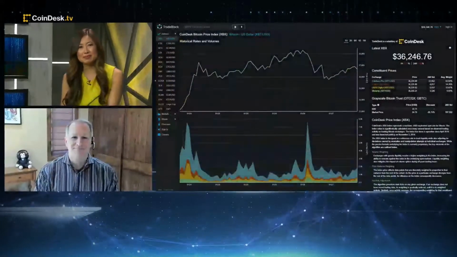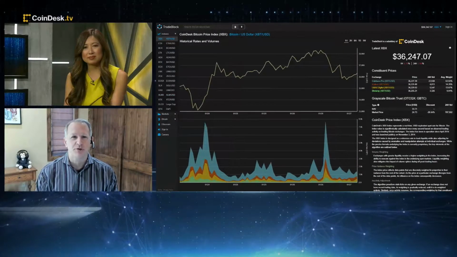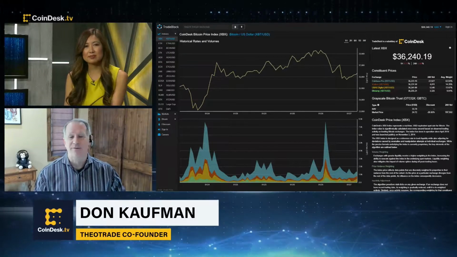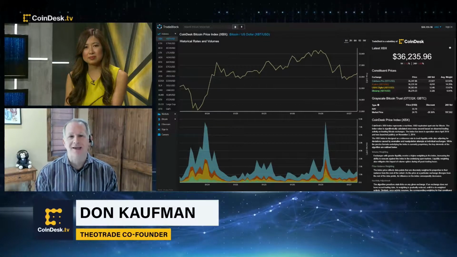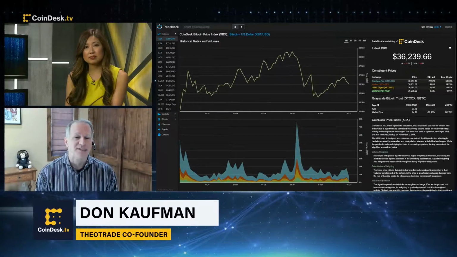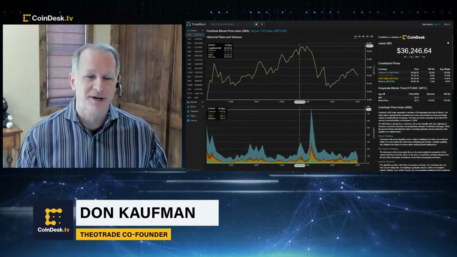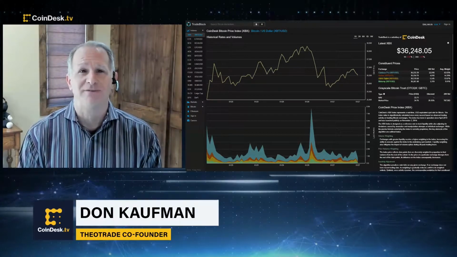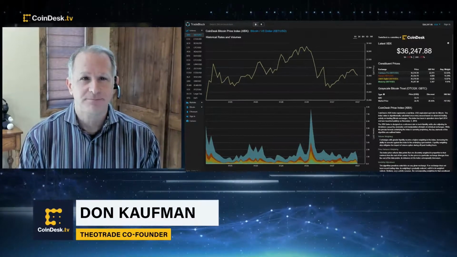Yeah. So one of the first things I'll bring up is the correlation coefficient that you just showed a moment ago. It's something I'm looking at continuously. Whether you want to look at the Nasdaq or the S&Ps, the correlation is extraordinarily high, and that does not exactly bode very well for Bitcoin specifically in the very near term. There's a tremendous amount of risk on the table right now. We're going to see some really wild volatility in just the next few days.